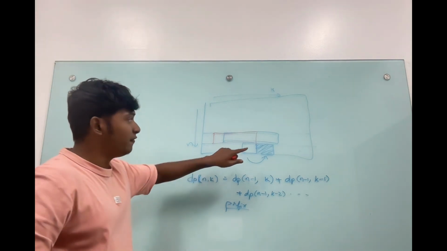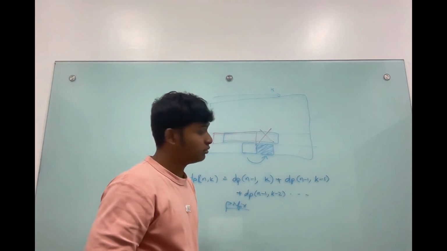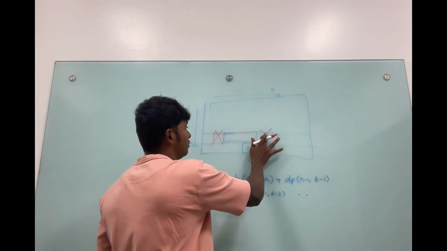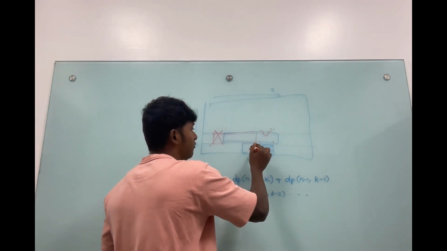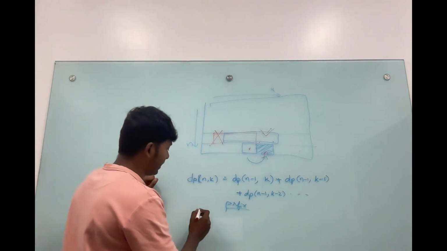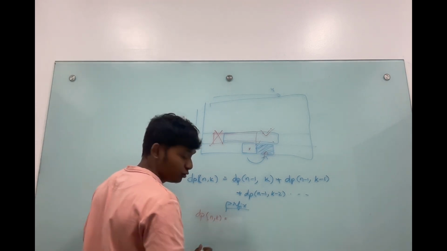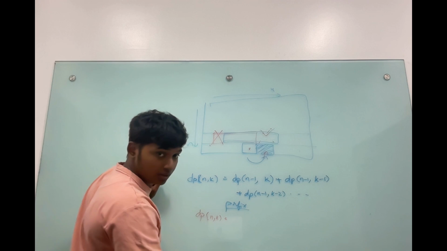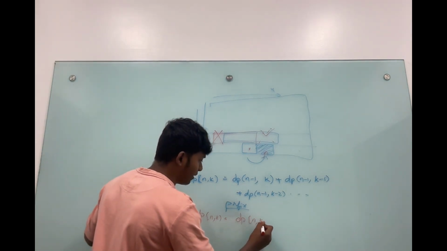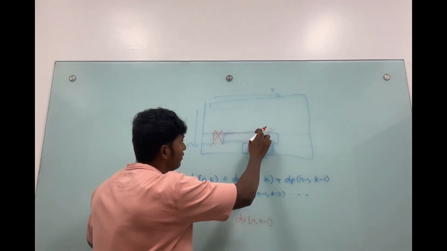Okay, so if we already have this value, all we have to do is subtract this value. Oh no, sorry. Subtract this value and add this value to this, then we'll get this. So we can write it like dp of n comma k is equal to dp of n comma k minus 1, which is this element, and we have to add this to this,